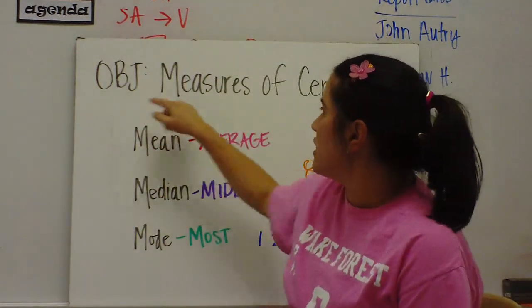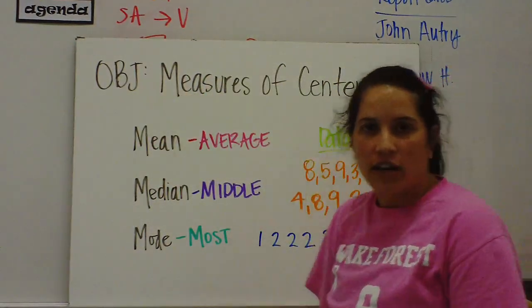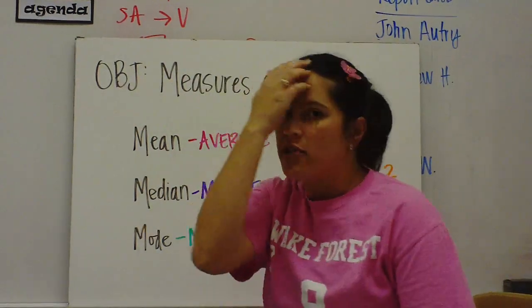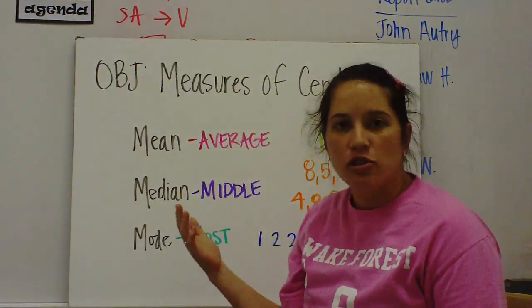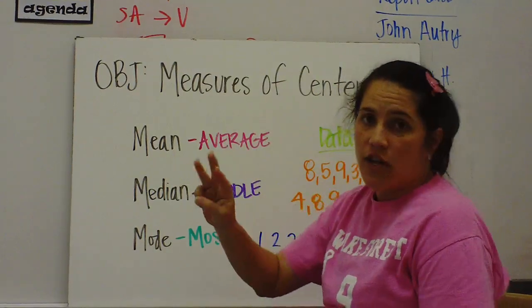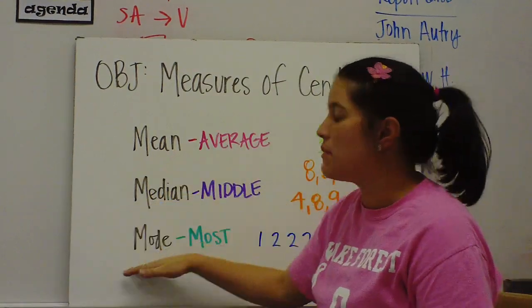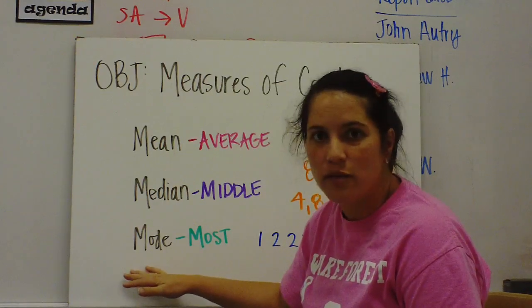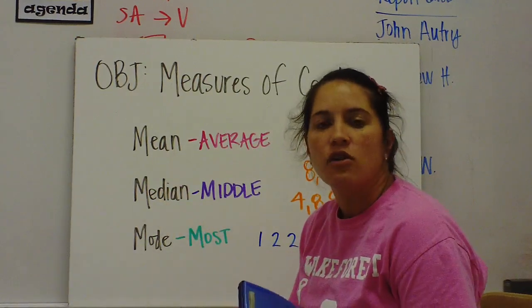Today's objective is measures of center. You maybe have heard of measures of central tendency. I'm just going to shorten it to measures of center. And it's three things: the mean, median, and mode. And I know this is not the first time that you've heard of mean, median, mode, so this shouldn't be